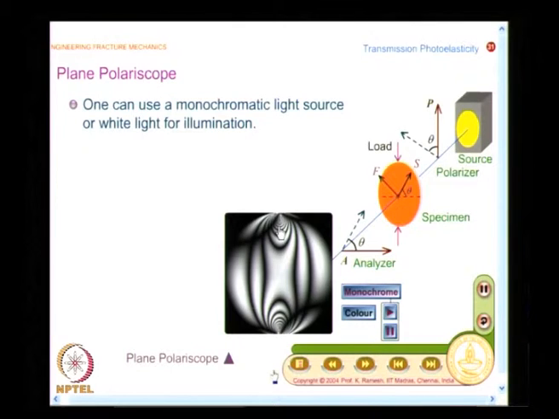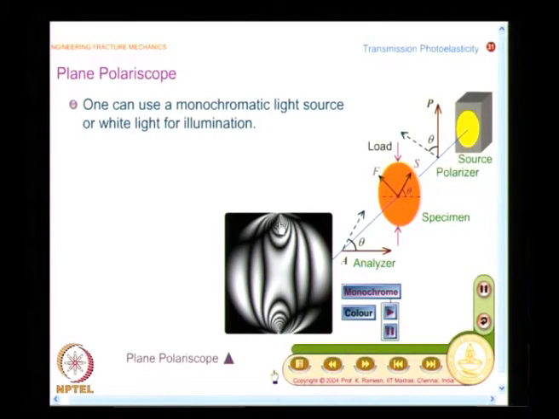And you also have a very nice picture here. See, this shows that stress is continuous, that is the reason why you have a nice continuous contour. So, what I find here is the regions which are black are really those regions where the exit light from the model is plane polarized in the same direction as the input polarized light. Because the analyzer is kept horizontal, perpendicular to the polarizer, that light is cut off. So, you see this as dark.